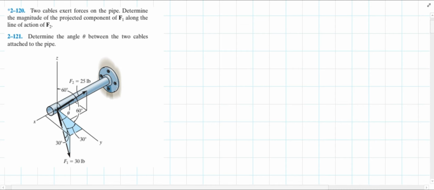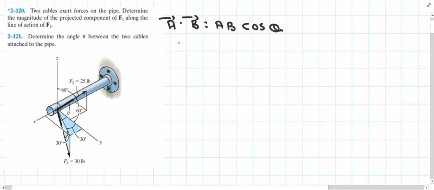If the question says that you are going to find the projection of A vector on the direction of B vector, then with the help of the dot product, we can easily find it. We know the dot product formula says that A dot B is equal to AB cos theta. This is the general formula of the dot product. But if I am interested in finding the projection of A vector onto the direction of B vector, this formula can be written as A dot B equal to A vector's component along b, times the B vector magnitude. And the theta is nothing but 0 degrees, and cos 0 is equal to 1.